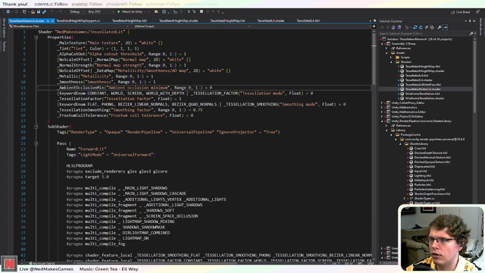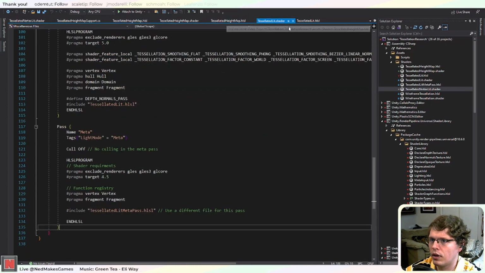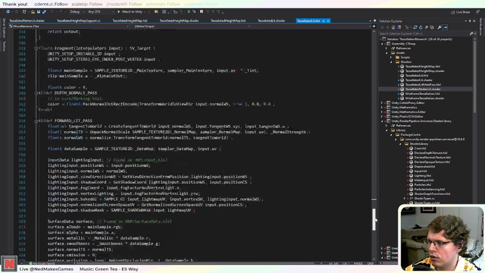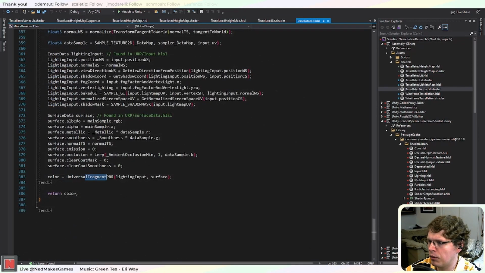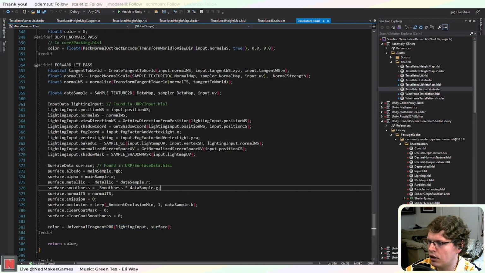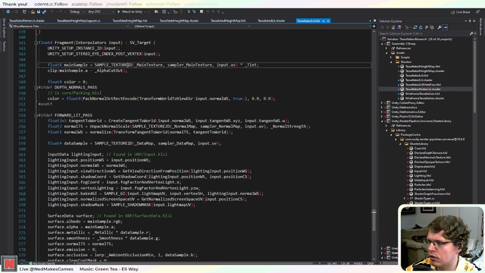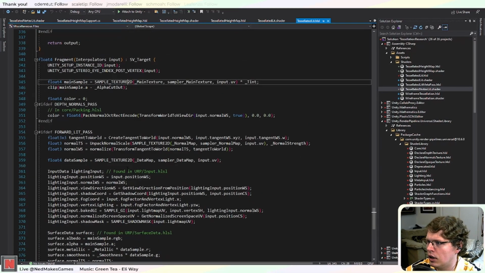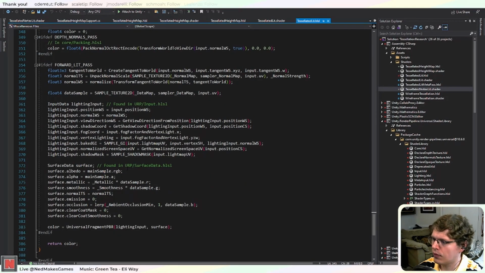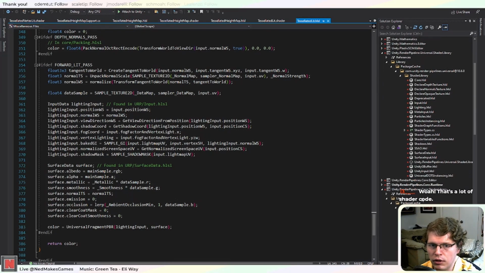Okay, let me think here. So the issue is we don't want to call this universal PBR every frame. So basically we want to calculate the lighting for a white color, and then we multiply that with the albedo or the color texture. Let's see, that might not work with Unity's